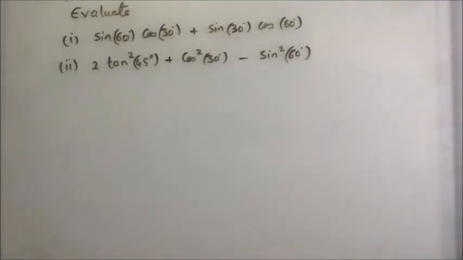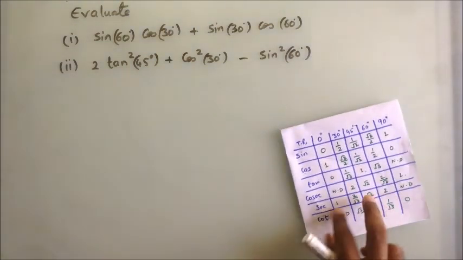So in this question we'll be doing two parts. The first part is sine of 60 cos of 30 plus sine of 30 cos of 60, and the second part is 2 tan square 45 degree plus cos square 30 degree minus sine square 60 degree. Now to attempt these questions we'll be referring to the trigonometric ratios of the angles that we have seen in the theory,